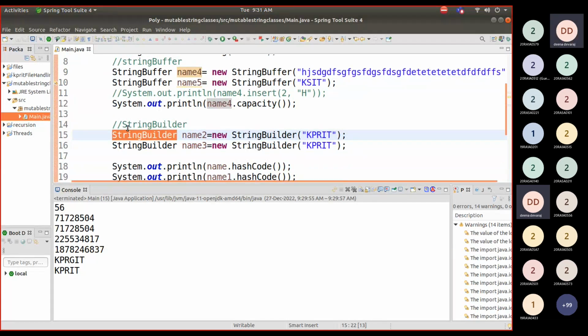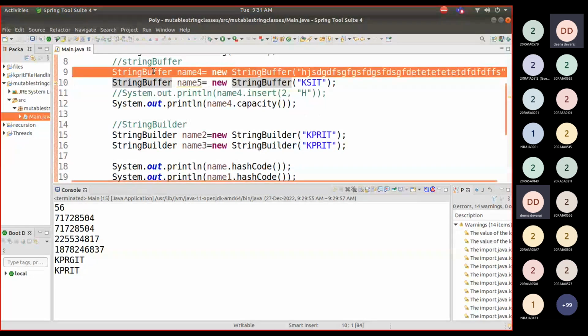Synchronized means one thread can act on this at a time, not multiple threads. Only one thread can act on this at a given point of time. That is the only difference it brings when it comes to the threading concept. But string builder is not synchronized in nature, meaning any number of threads can occupy it at a given point of time. Inside the run method, if you are writing string buffer, only one thread can access this string buffer, not multiple